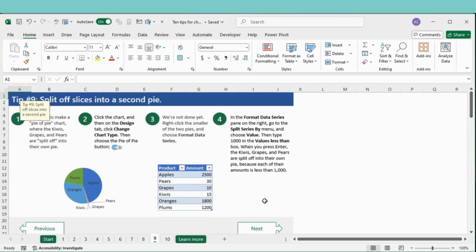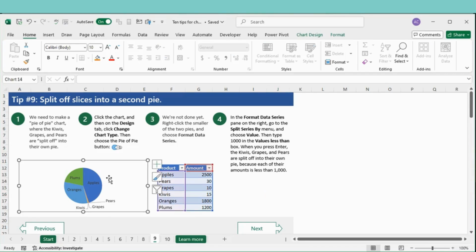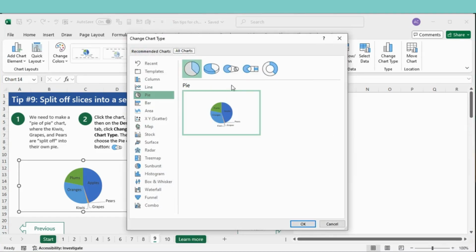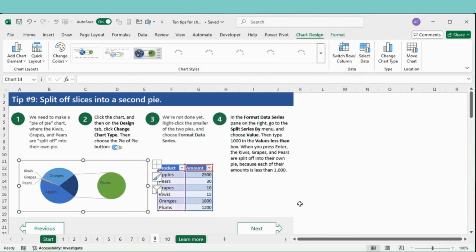Next, split off slices into a second pie. We need to make a pie of pie chart where kiwis, grapes and pears are split off into their own pie. So click the chart and then go to the chart design and change chart type. Select pie of pie, press OK. We are not done yet.